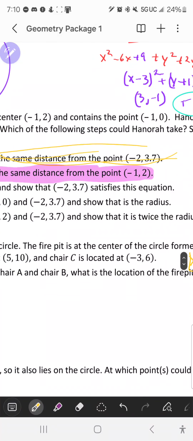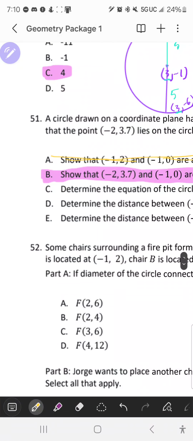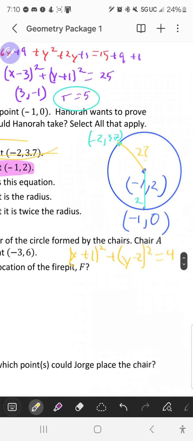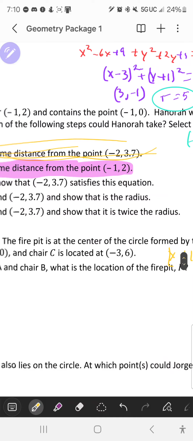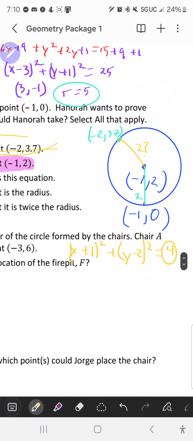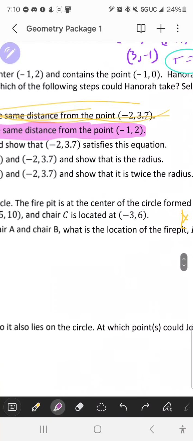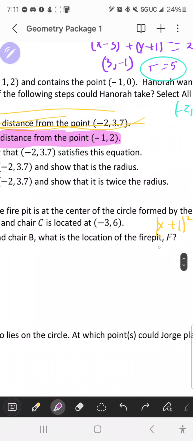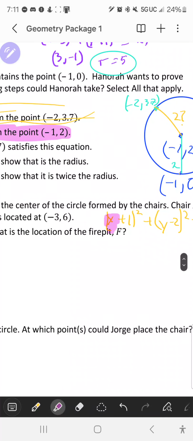What this is saying is a proof that they satisfy the equation, so it will be just plugging in, and if we get the same result, it just means that it is right. So we'll be putting here the -2 and putting here the 3.7